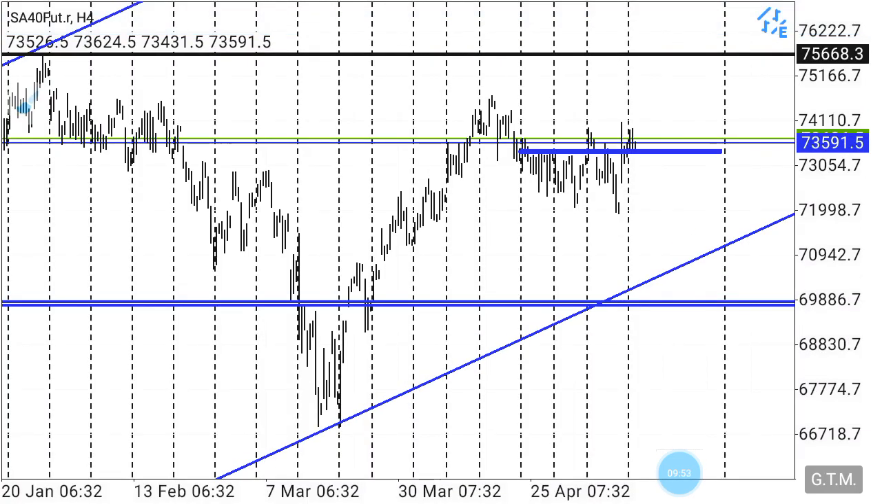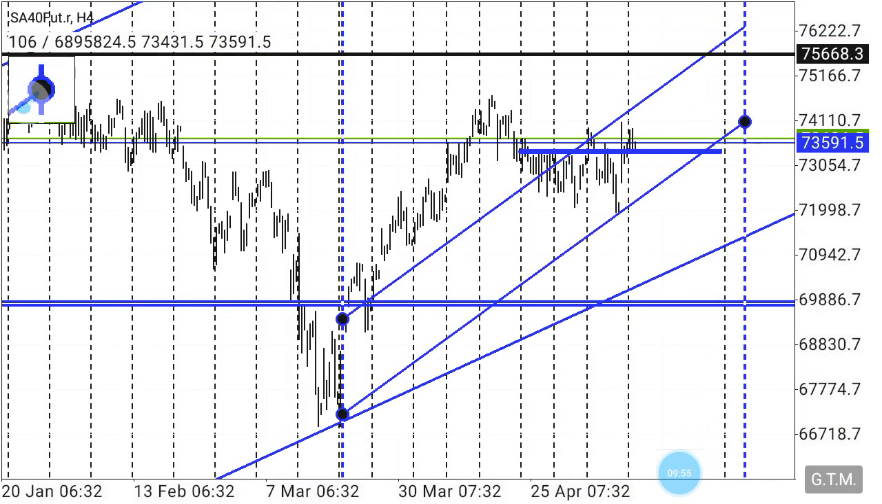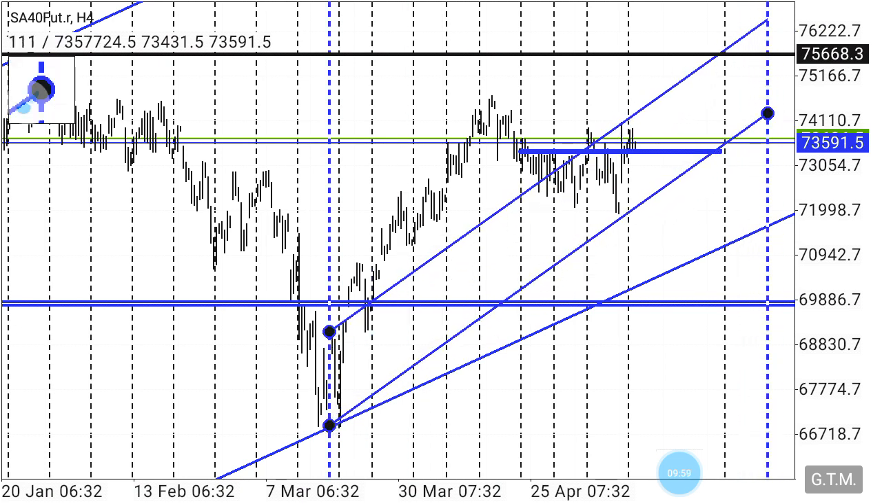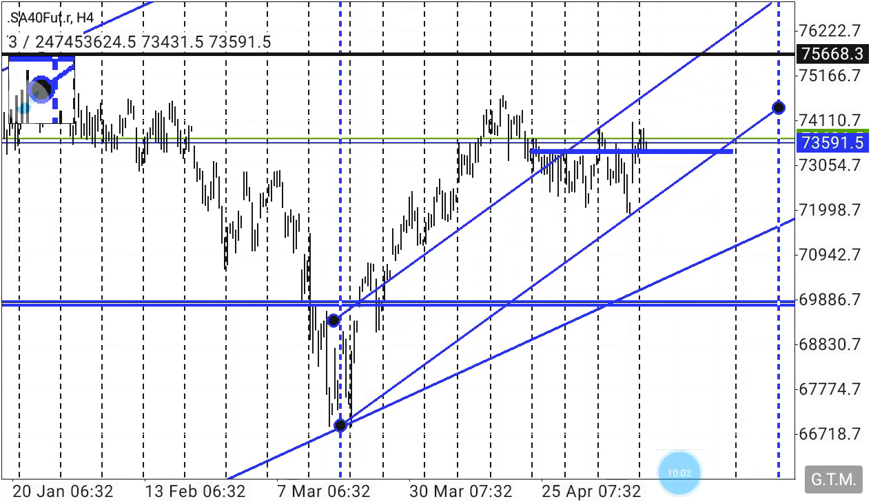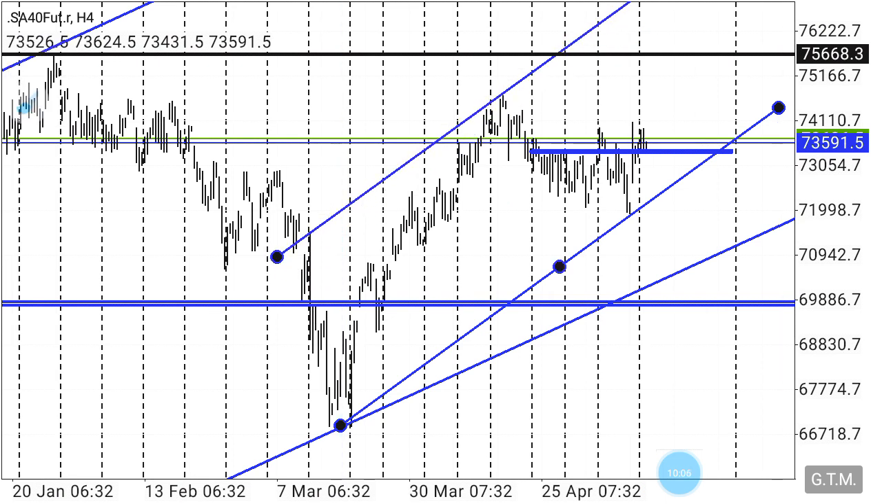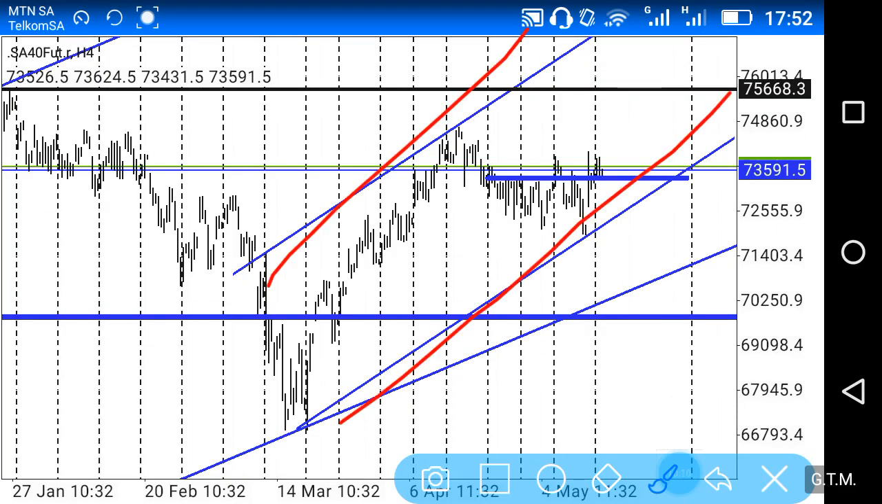right? And in as far as the H4 chart goes, we can see that it matches with the daily chart, in that both charts are in an upward trending market, or in an upward trajectory, as you guys can see,